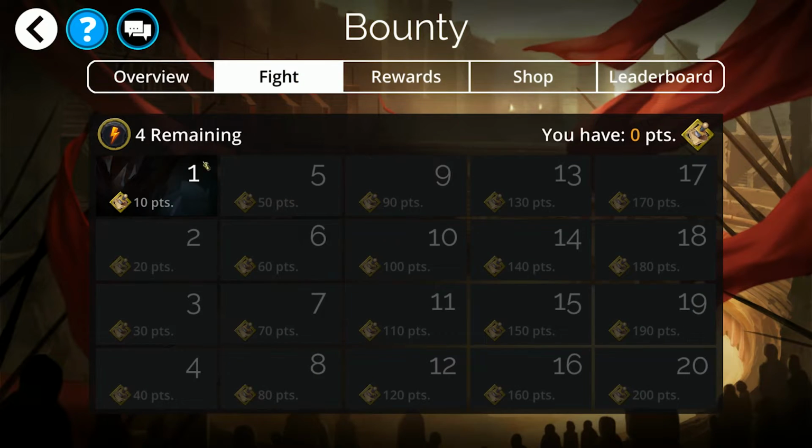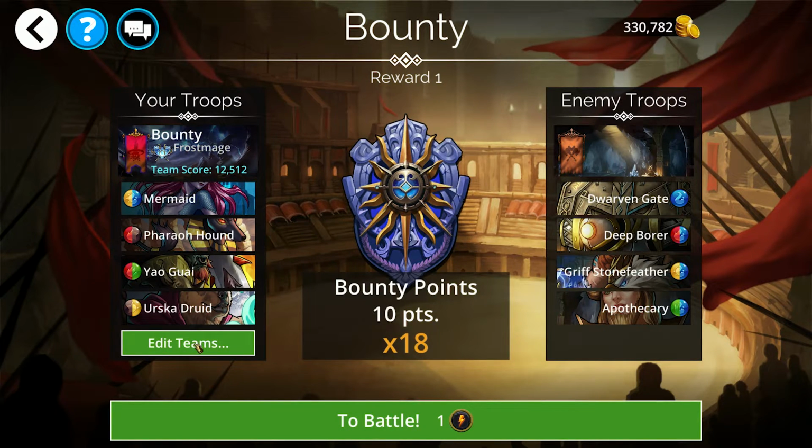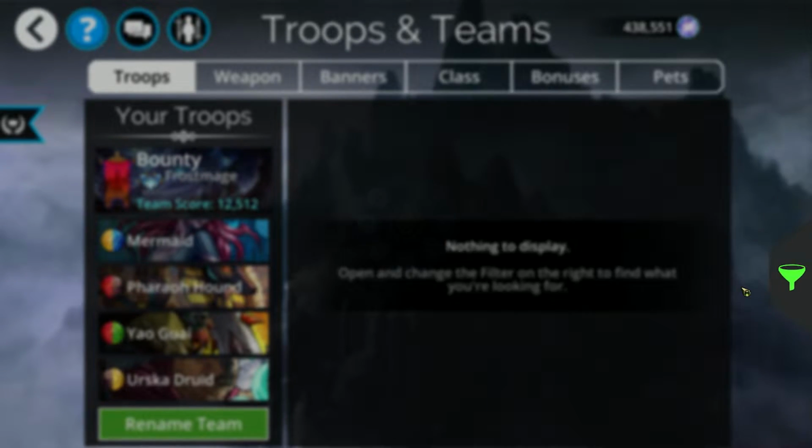But the key thing that you want to do when you're going through your fights, you'll see this board here. So every fight you complete will open up the next one, and then you're only getting 10 points for this. However, there are specific troops you can use with the bounty trait. So if you look for this,